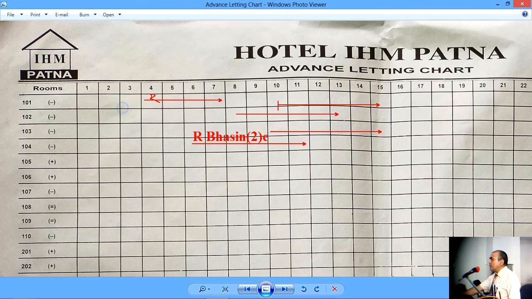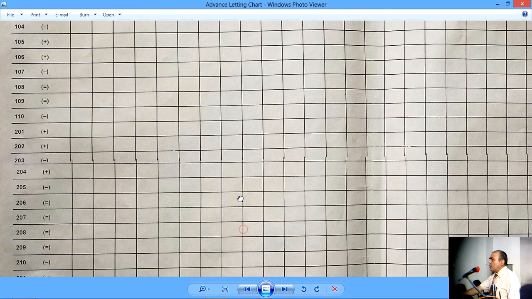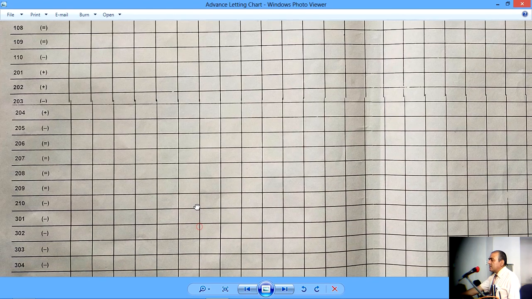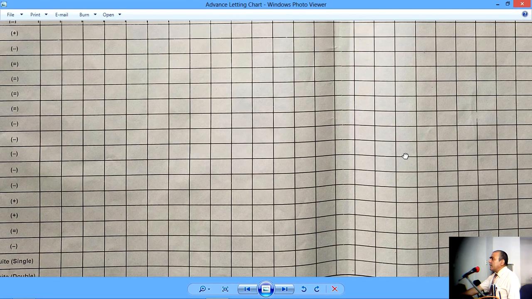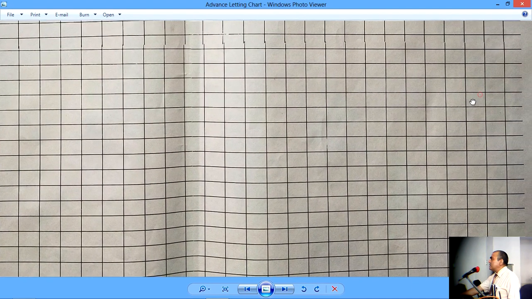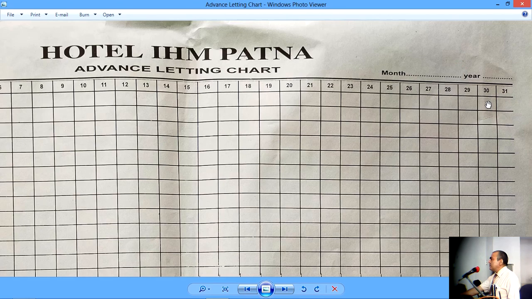Now I think this is how you manage this advanced letting chart, and I hope it is very clear. Now you might be wondering what happens if a reservation is for, let's say, 30th to 2nd of the next month. Then obviously this month is mentioned here, and the arrow will begin, of course, from here.